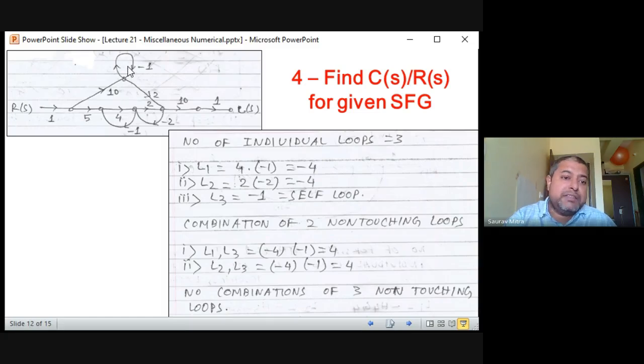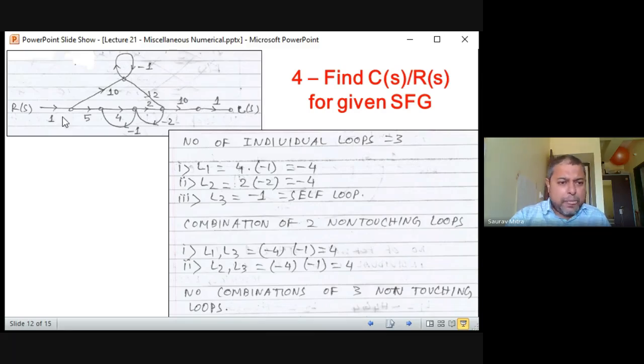But if you see L3 and L2, L2 is having these two nodes, and L3 is having only one node. So that's why they are not touching. So how many pairs of non-touching loops? There are two pairs, L1 L3 and L2 L3, and both are having gain multiplication of 4. And 3 non-touching loops are not there, and you are finding the forward path is touching all the loops, but